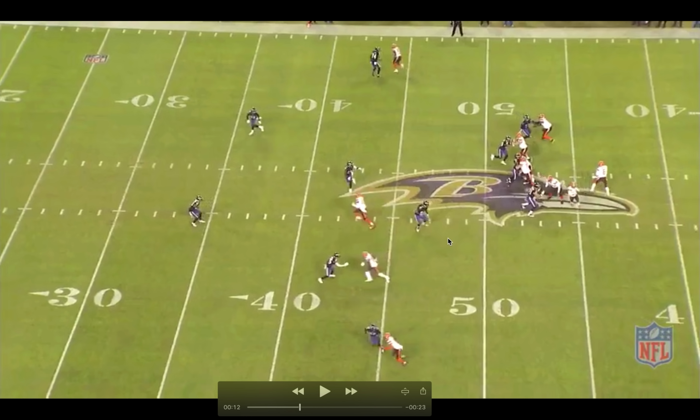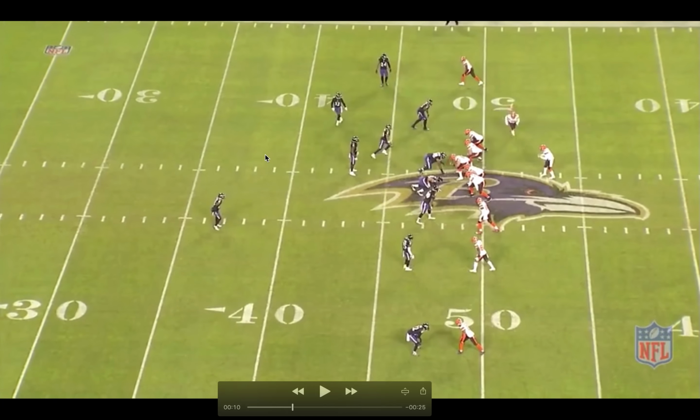And as somebody comes out on this side of the formation, one of their defenders is going to have to leave to go cover him. So you're needing to pass somebody off to somebody from the other side. But here again,